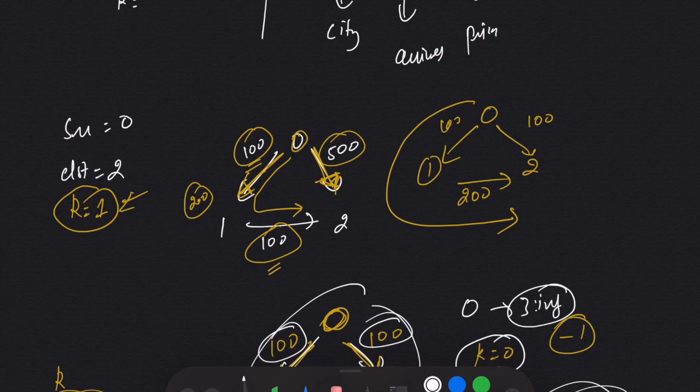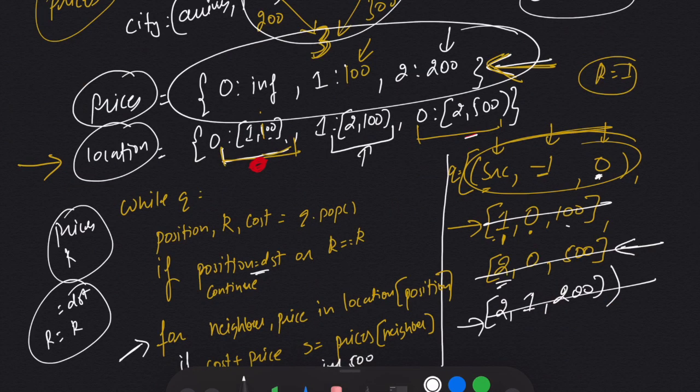So suppose we are at city A. So I will take the pairs, I will take the neighbors of city A and I will add it to the queue. And one by one, I will keep comparing all the nodes and their prices or their weights. And I'm updating my prices dictionary, and at the end, I will simply return the price for my destination if it is not infinity. So this was the solution.